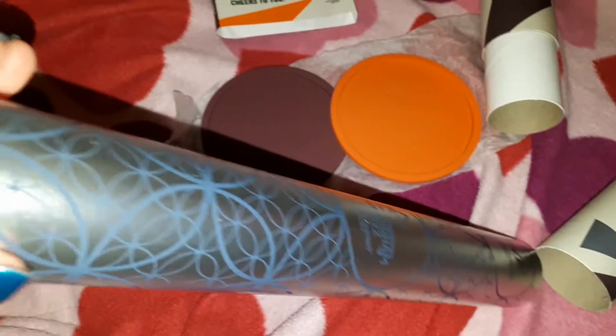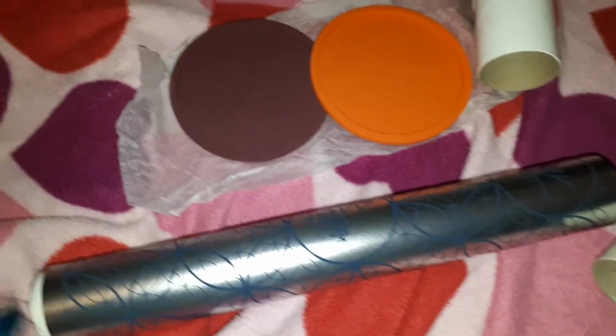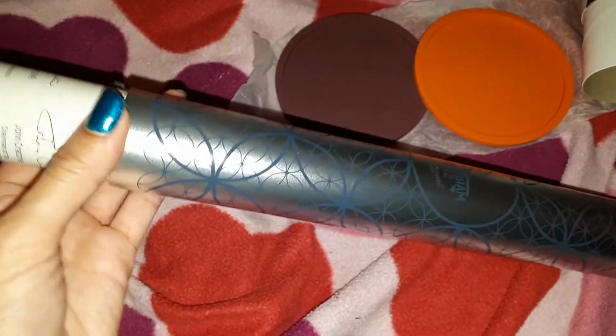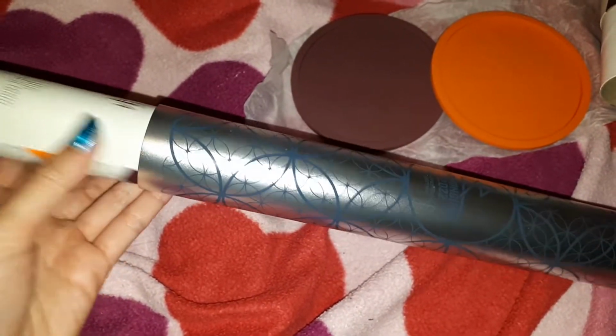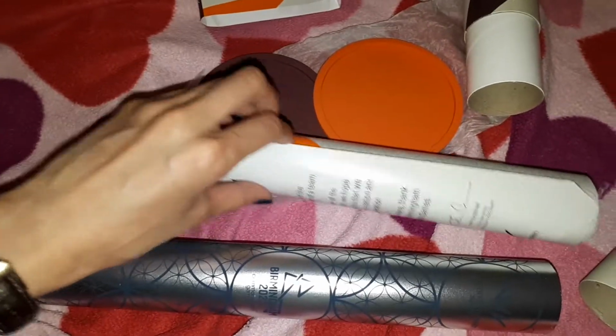It's a pretty nice, thick material. I think it's metal, or possibly acrylic, I don't know. Doesn't matter. And then there's a little scroll inside, which says,